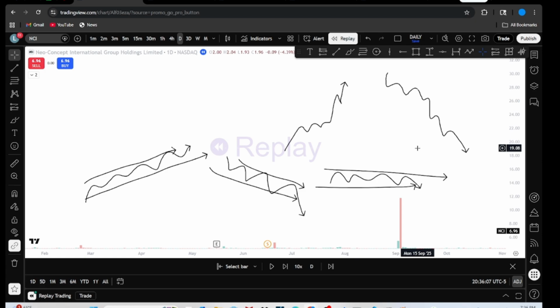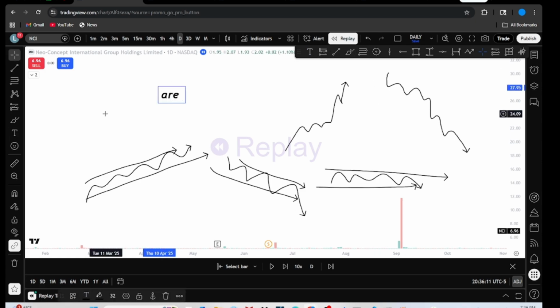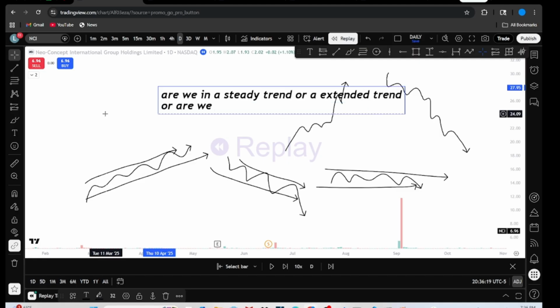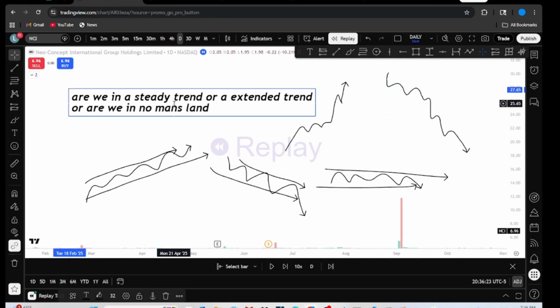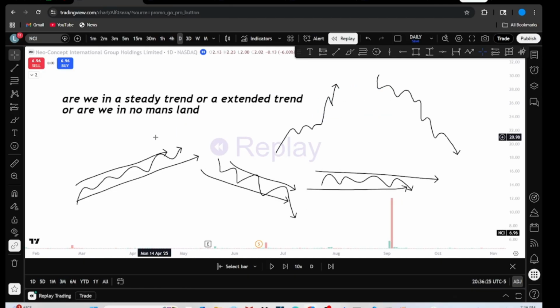I'm asking myself these questions every single day. I'm saying, are we in a steady trend or an extended trend, or are we in no man's land? That's pretty much what I ask myself every single day. And I avoid no man's land. I don't short uptrends that are steady. I don't buy downtrends that are steady. If anything, you want to be positioned with the trend because trends are always more likely to continue than revert